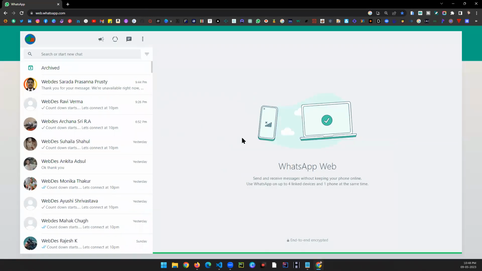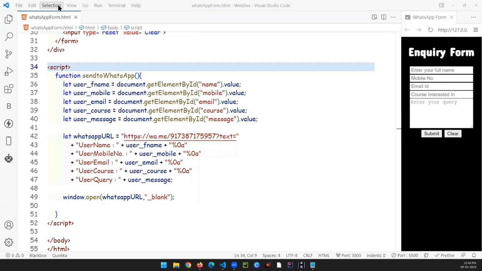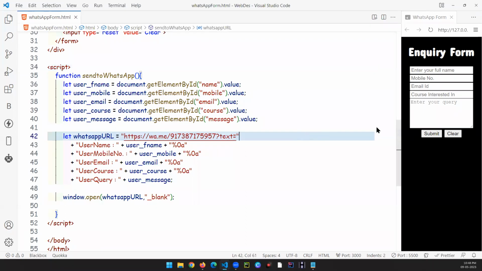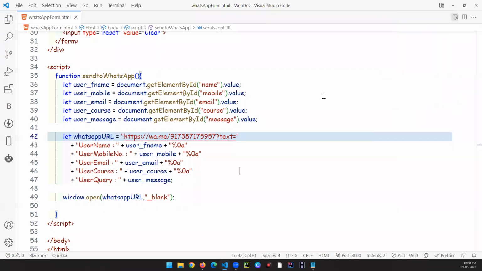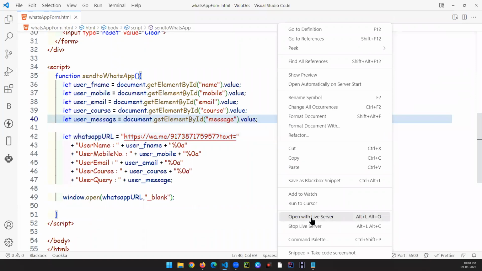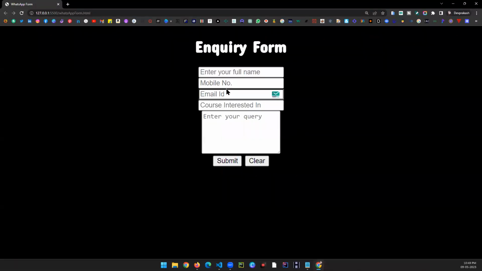Okay, so I have scanned my WhatsApp web, and WhatsApp web is opened over here. So what I can do, I can close it, no worries about that. Okay, what I'll be doing, I'll be filling this form, and I'll be clicking on the submit button. So for that, I'll be just opening this particular page that we have created in my